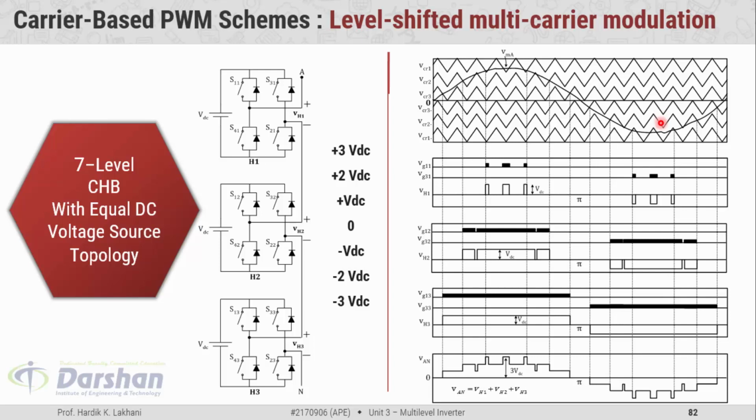The gate signals for the lower switches S41, S21 in the first bridge, S42, S22 in the second bridge, S43 and S23 in the third bridge are complementary to their corresponding upper switches, and for simplicity purposes, the gating signals of all these switches are not presented over here. Thus, by producing the gating signals of switches used in the construction of 7-level CHB in this manner, we can produce 7-level output across these terminals.